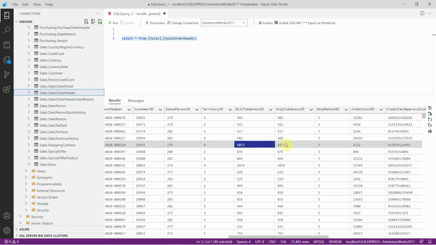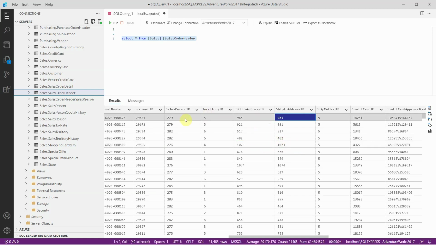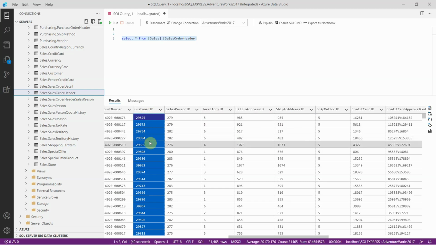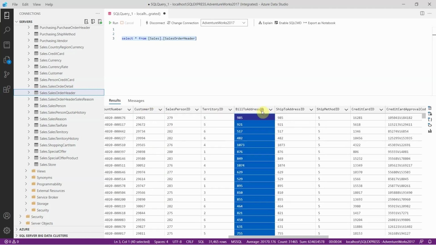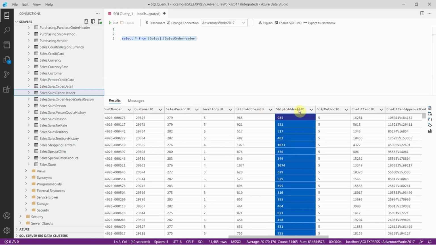Likewise, we have other IDs also, like this is the billing address ID and this is the shipping address ID. So both are same. So in this way, we are going to find the customers who are going to have the same billing address and the same shipping address. For this, we can use a function called NULLIF. So I will explain how we can use this for this scenario.